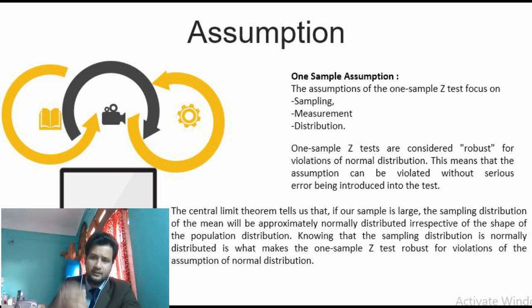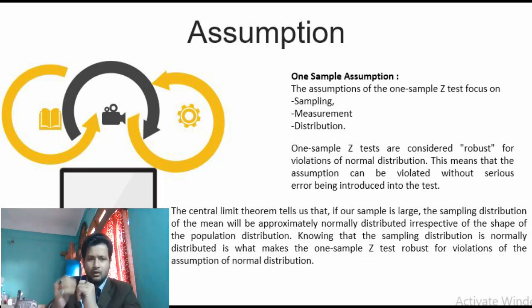Coming to the first part, the one sample assumption. While making assumptions for the one sample Z-test, we need to keep three things in mind: the sampling part, the measurement part, and the distribution part. Also, one sample Z-tests are considered robust in nature. Why robust? Because the assumptions can be violated without serious error being introduced into the